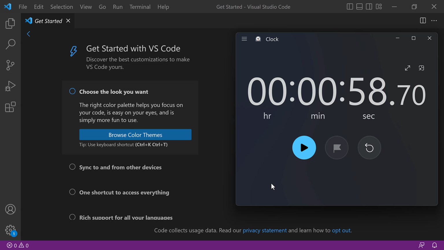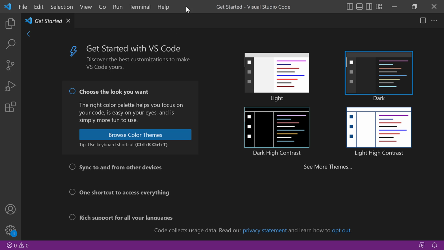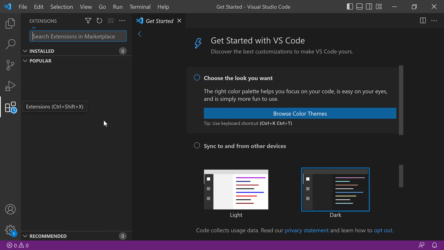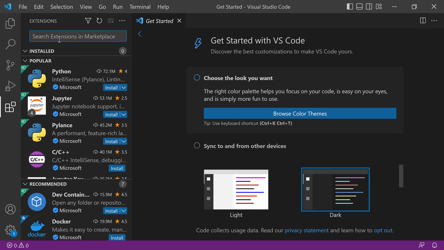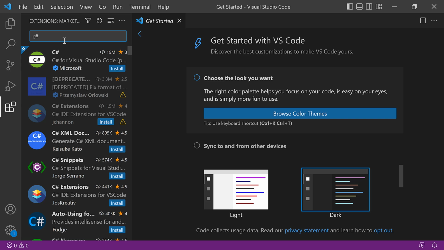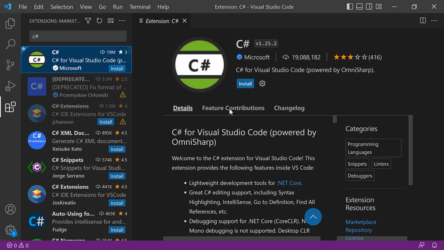But of course, we may also want to have a little bit more actual C# coding features in Visual Studio Code that are not fulfilled either by Visual Studio Code or even by the .NET SDK that we may still be missing. So what I'm going to do is look for the one extension that you're always going to need for developing C# applications in Visual Studio Code. I'm going to go into the extensions hub over here and look for the C# extension. This is the one extension provided by Microsoft